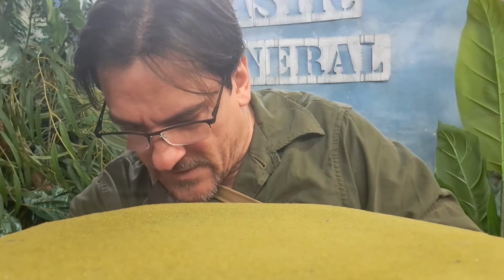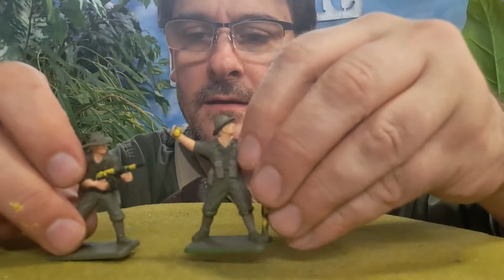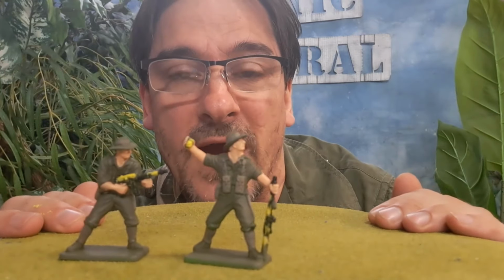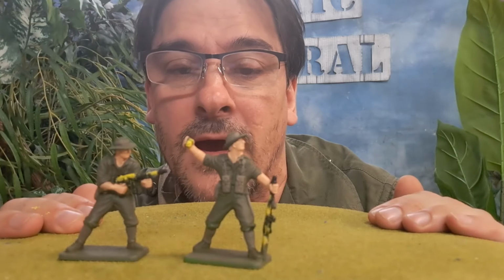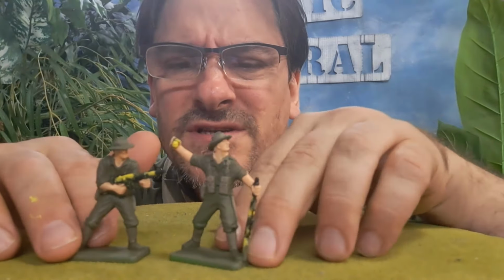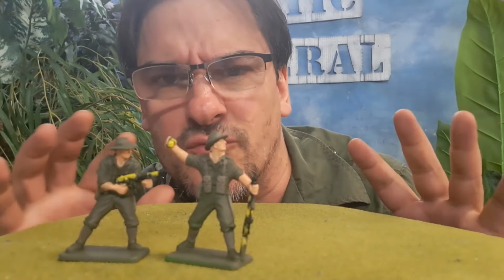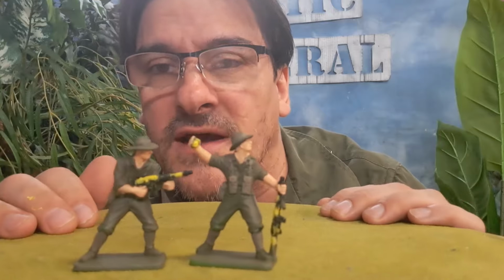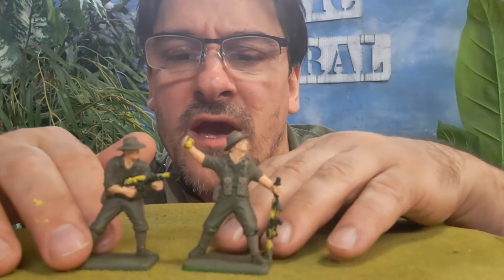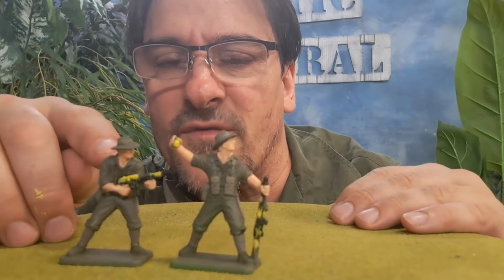Okay, the next one is firing. Oh, by the way, another interesting thing about these. Remember I was showing you my Owen gun, the Australian-made submachine gun. Well, it looks like the artist was trying to make Owen guns, but kind of got a few things wrong. But they kind of look like Owen guns, so I painted them up like Owen guns, and you will too. So you have one guy here firing an Owen-esque sort of submachine gun from waist,